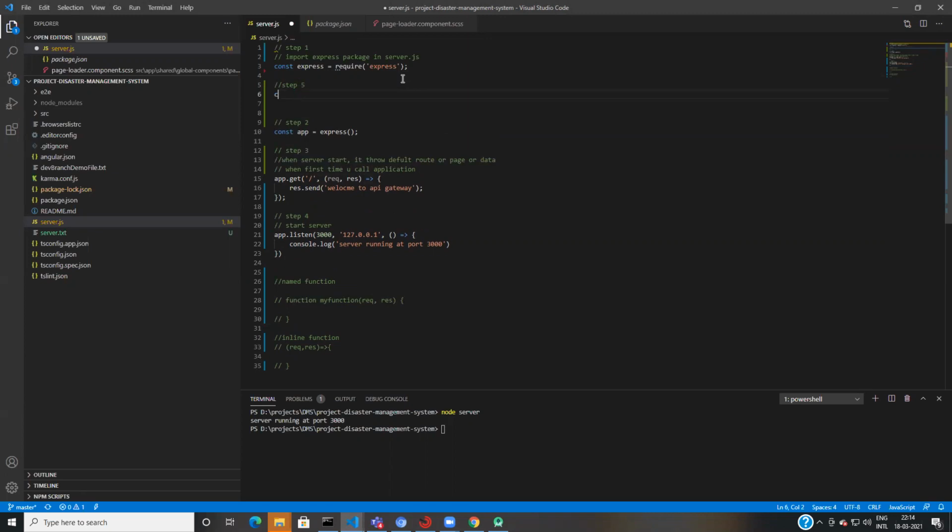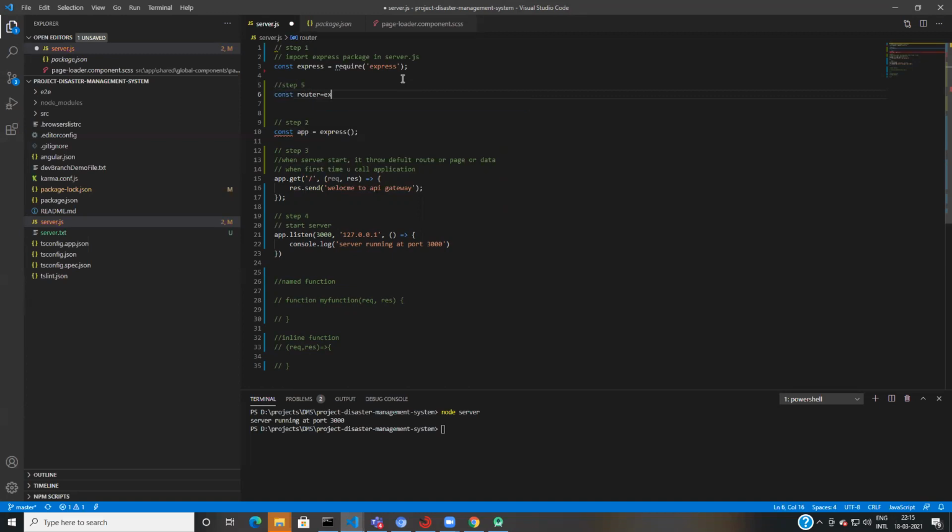I'm saying const router. Router is just a variable, just a const.